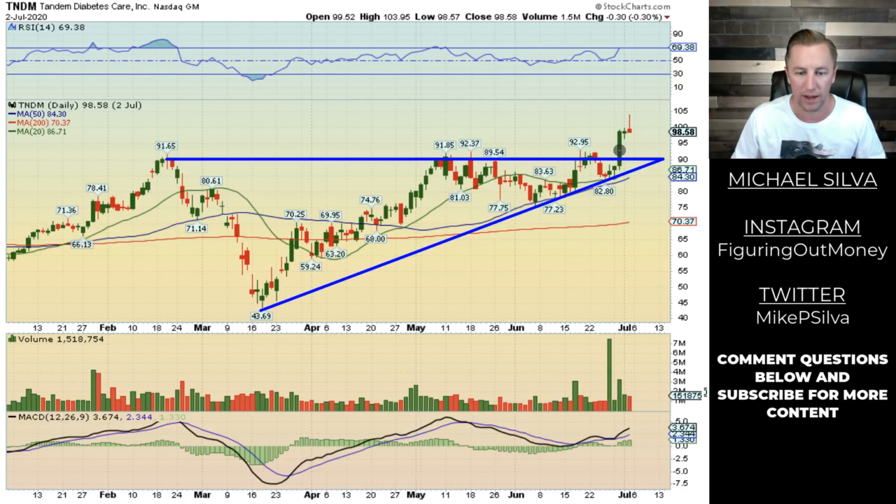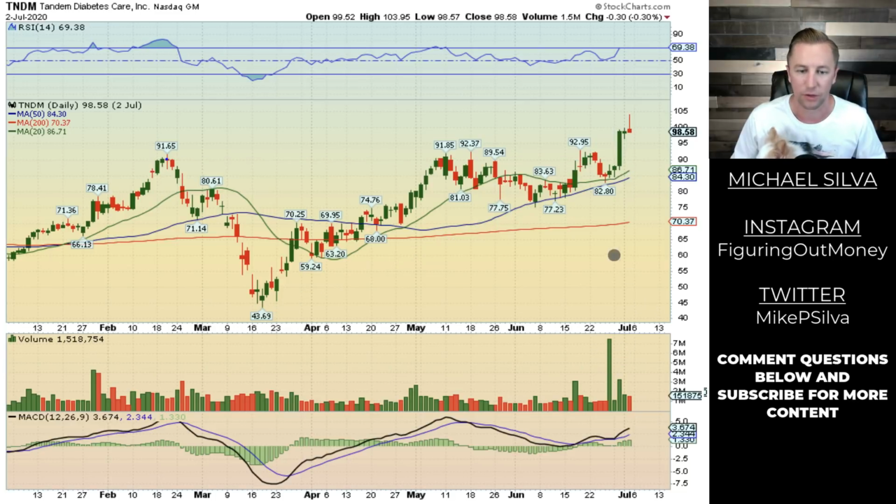And look at that breakout, boom, right there on high volume, which leads me to believe that this is not a false breakout and the price could continue to move higher. If you look at all the moving period averages, I use the simple moving period averages. The green one is the 20, the blue one is the 50 and the red one is the 200. They are all moving in a bullish direction. So this gives me more confidence knowing that this is a true breakout and we could potentially see more new